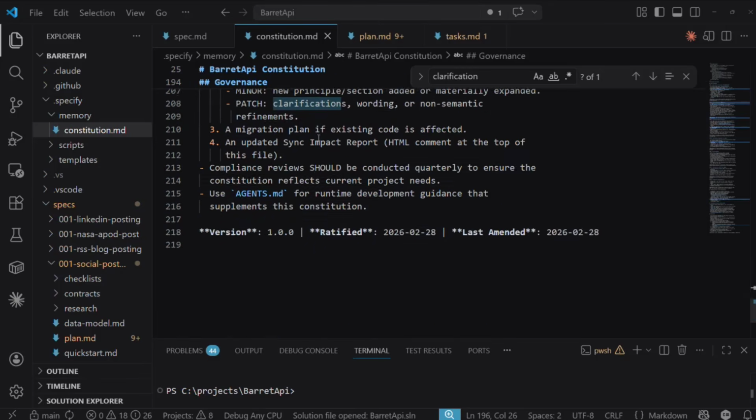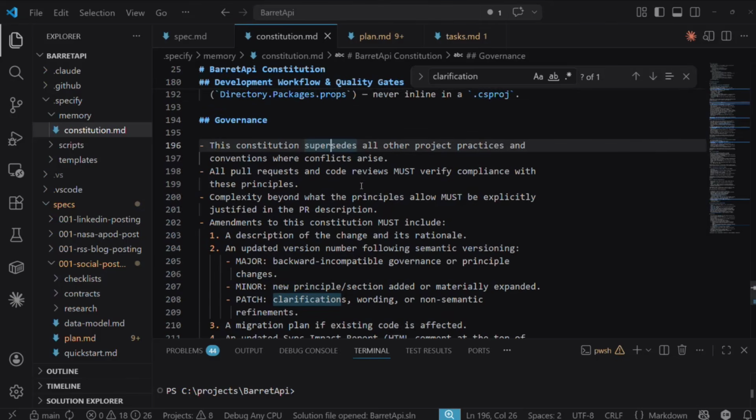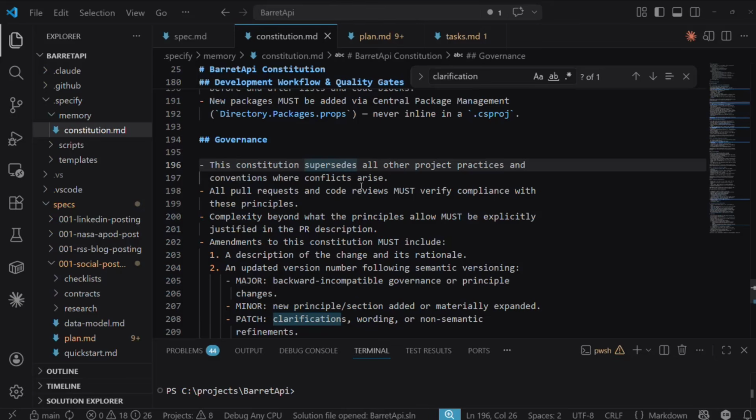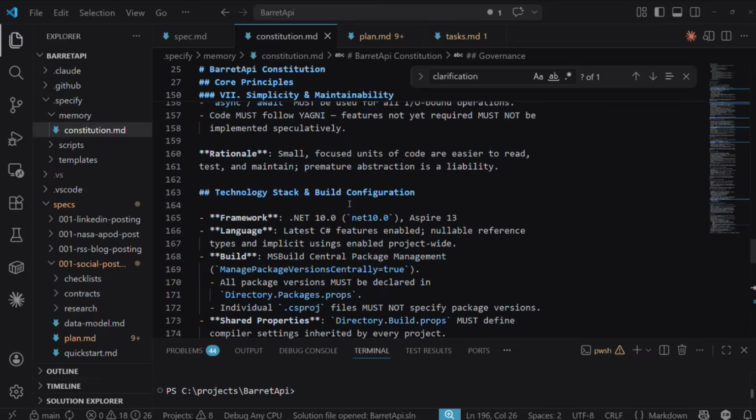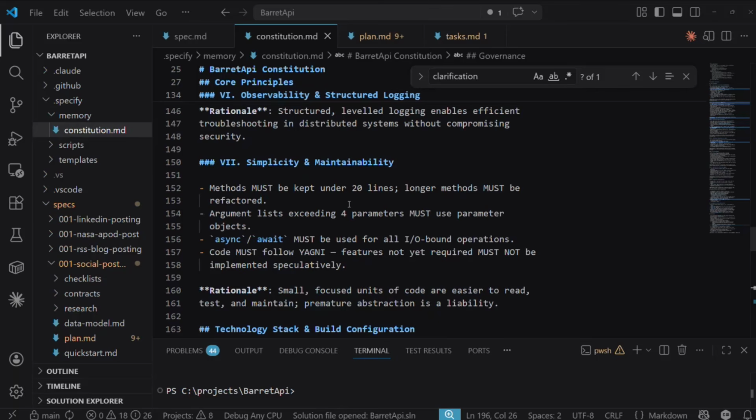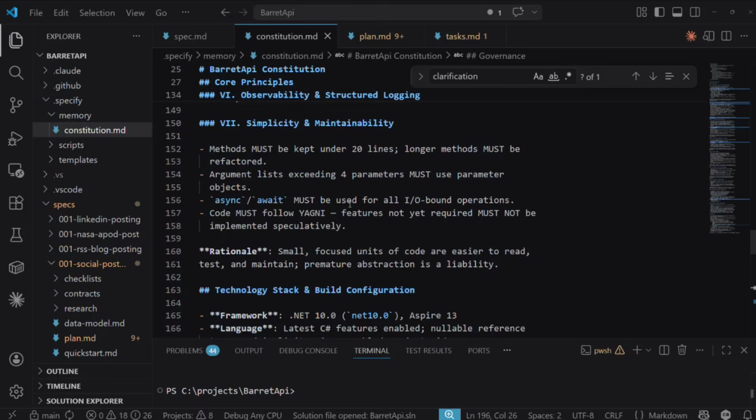For most of this stuff, I just ran the constitution command. You can provide details as part of the prompt for the constitution command, and it'll make sure that it includes those, but it'll also come up with a bunch of other things. So most of the stuff in this file, I didn't provide too much guidance on.